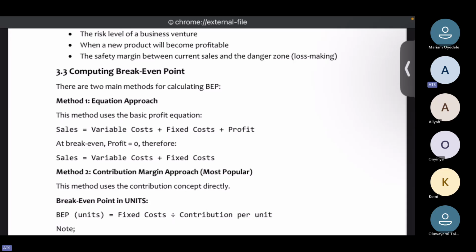At break-even point, you've already said your sales is equal to your total cost, right? And then total cost can be broken down into fixed cost and variable cost. So at break-even point, your sales is equal to variable cost plus fixed cost. These are formulas. The key to understanding this topic